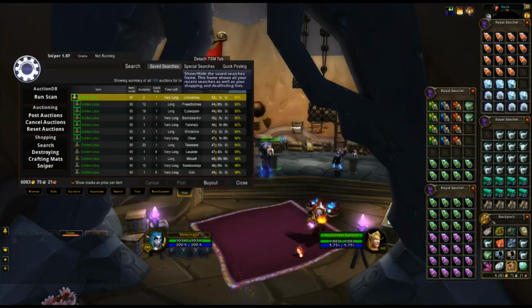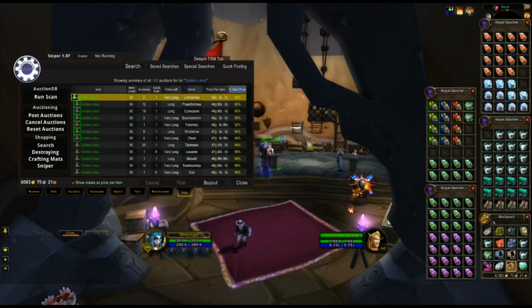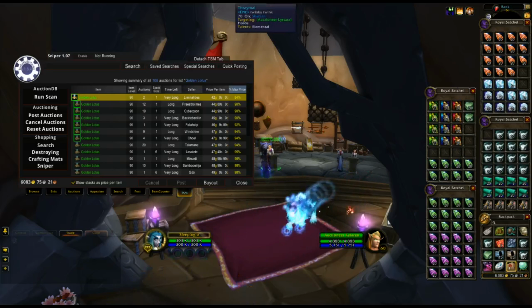So that's basically what you do. You just set up your shopping list, you come to the auction house, you scan when you can, buy the items that you need, and keep a good inventory as a backup, because you never want to run out of your materials. And if you don't have TSM and you want to become more efficient at gold making, you definitely should go